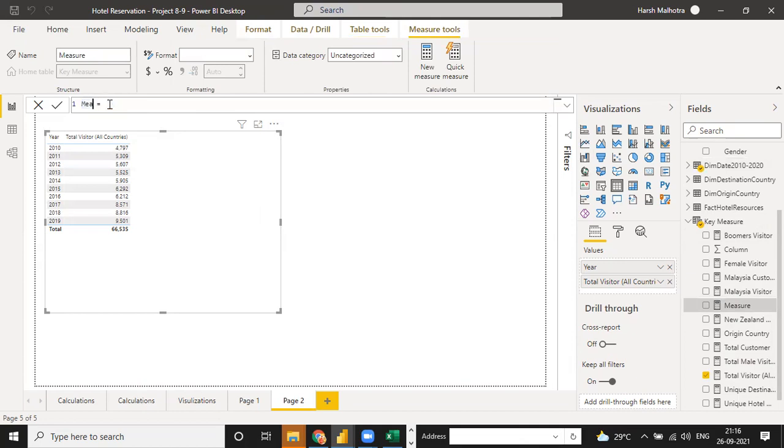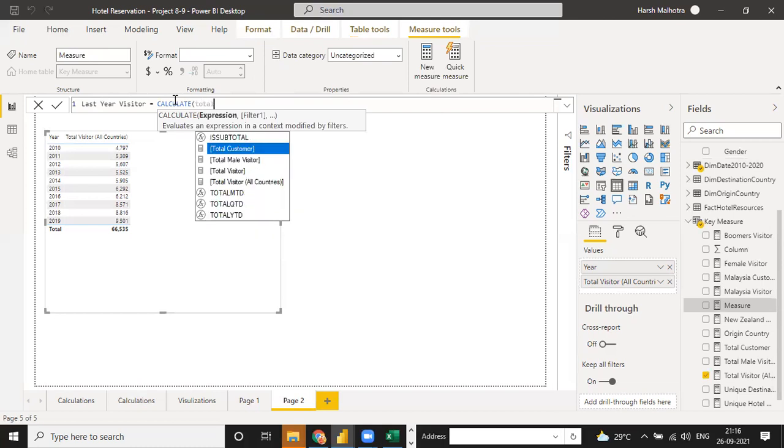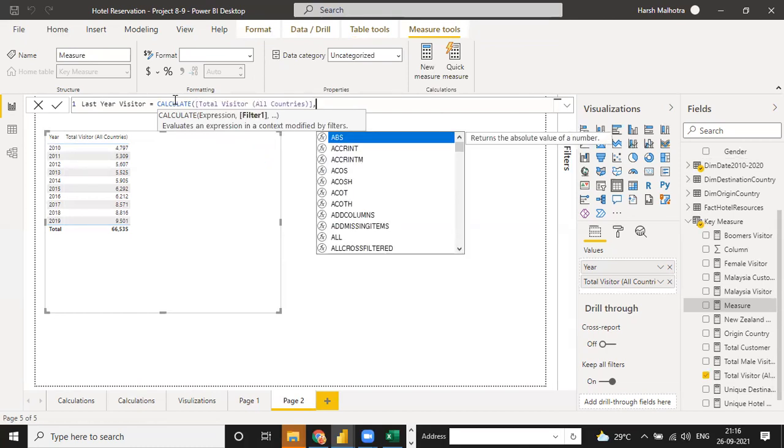For this I can use last year visitor. And for this you can use the same calculate function, because calculate is a very important function in Power BI. Total visitor, filter it out. Right now I am going to filter via date.